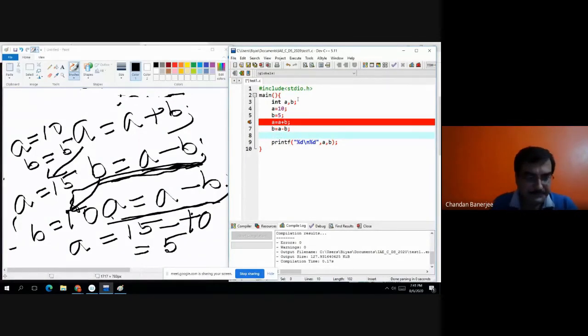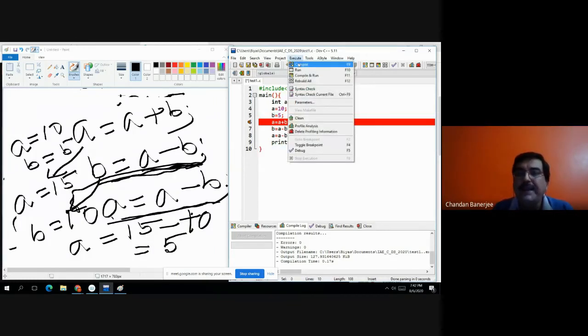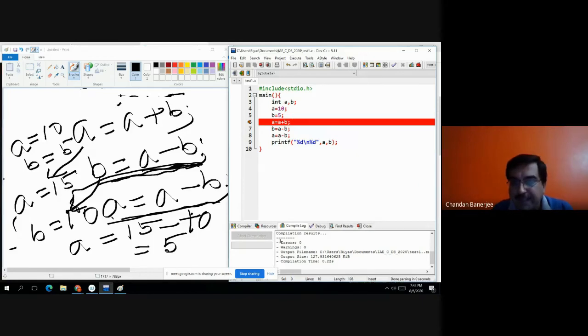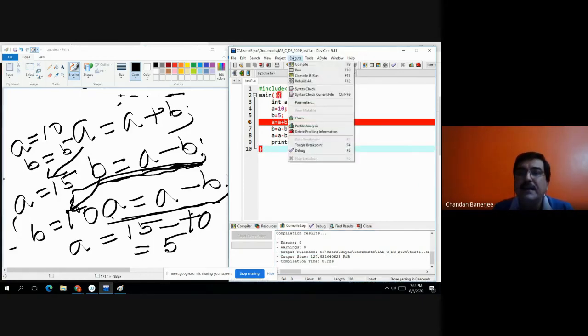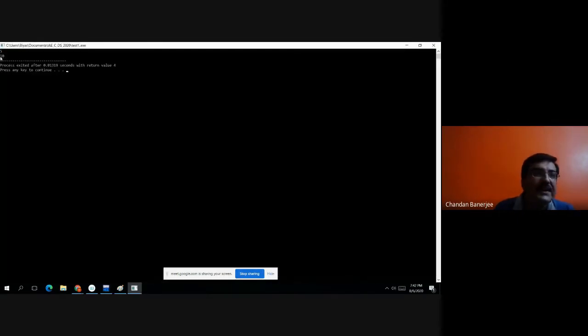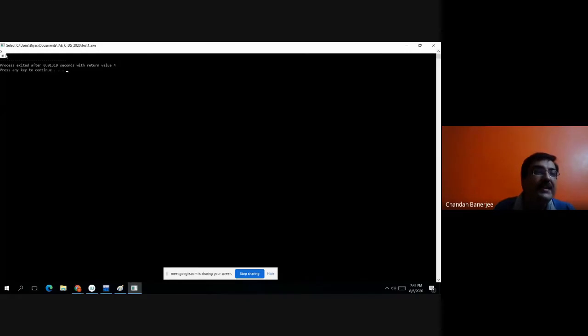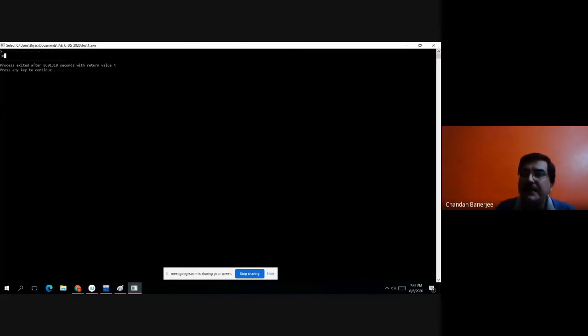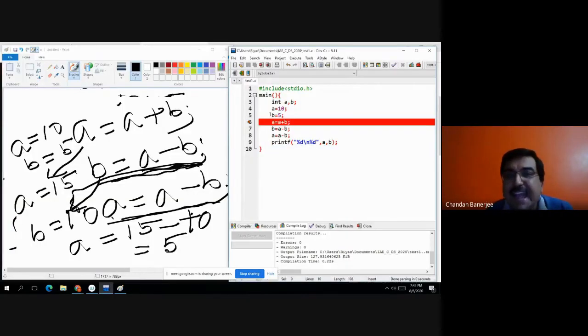Next line, a equals to a minus b. Fine. printf a b. Now, compile. Is it error free? Yes. This is error free. Run. Look at the screen. 5 and 10. Initially a was 10, b was 5.